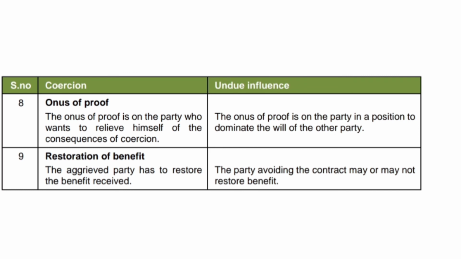So basically, the weaker party doesn't have to do anything. He or she just has to file a case, and then the burden is going to be on the stronger party to show that there was no undue influence and that the other party has entered into the contract based on their free will. So like I said earlier, three conditions have to be satisfied. So let's see what happens later on in this example.